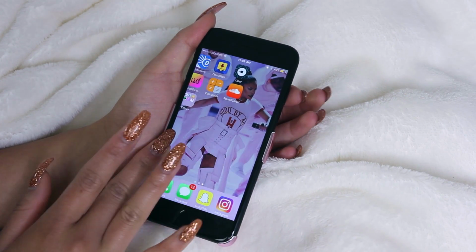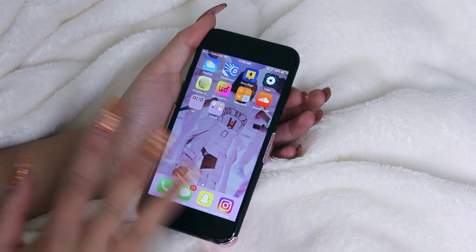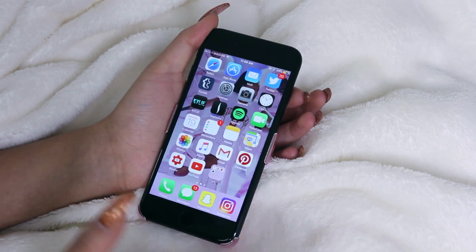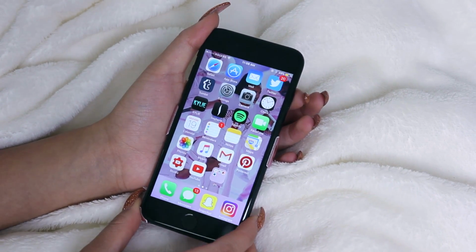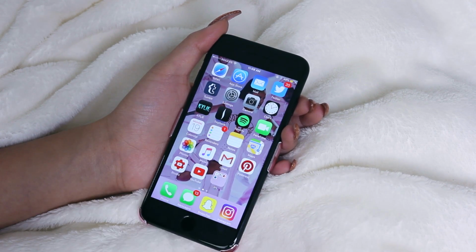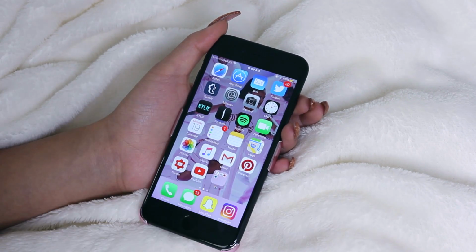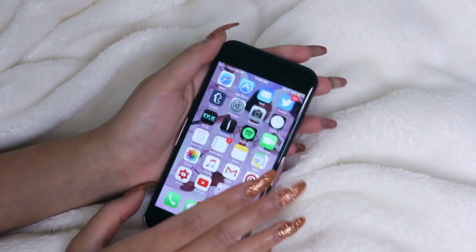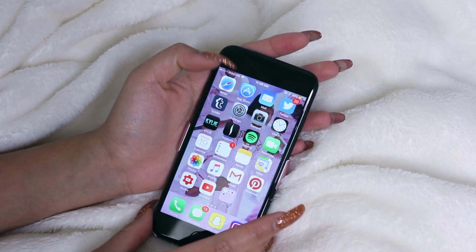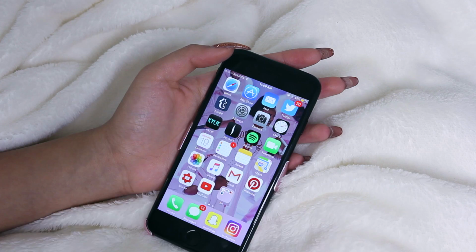Rihanna is my home screen, and I just edited the photo to make it a little bit more wallpaper-ish, I guess. That's not even a word. So I got basically 2 pages of apps. I don't have games. You got games on your phone? No, I don't. But yeah, I just have 2 pages of apps,